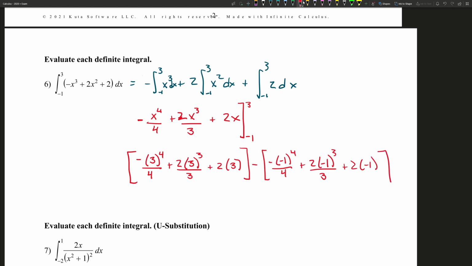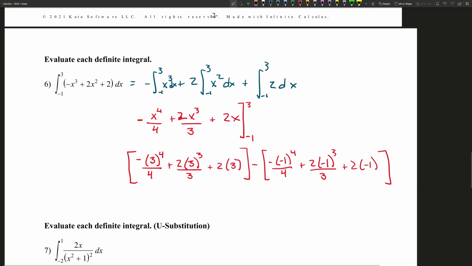All right, so we just carry this out either on a calculator or by hand. It doesn't really matter, but we get a number for this entire thing. Okay, and that number is,